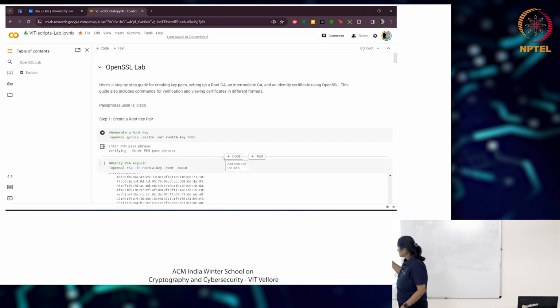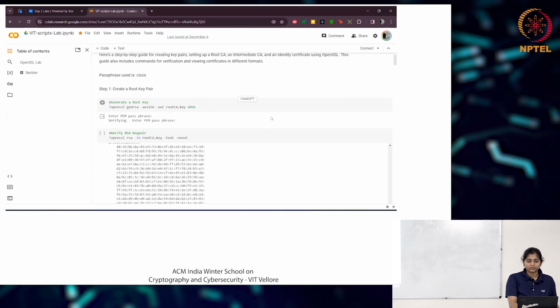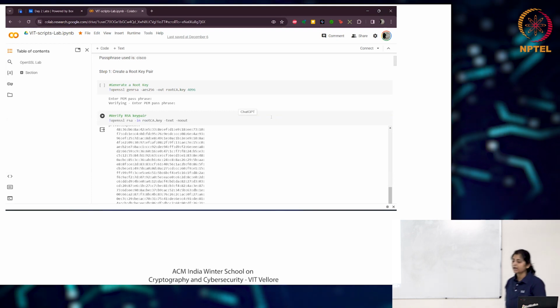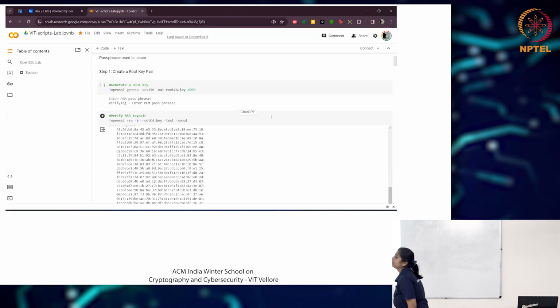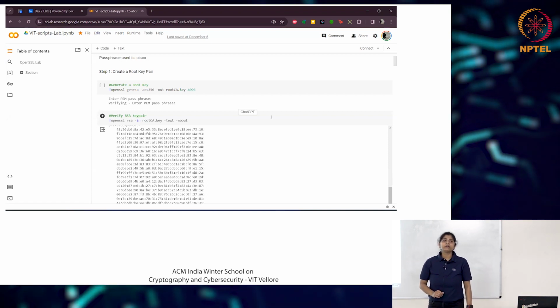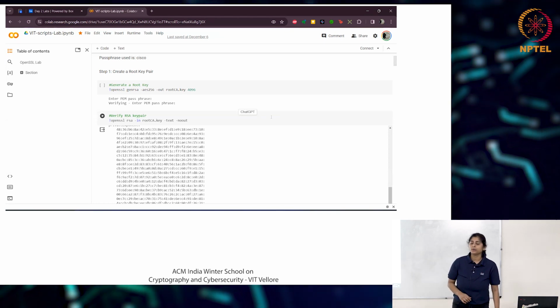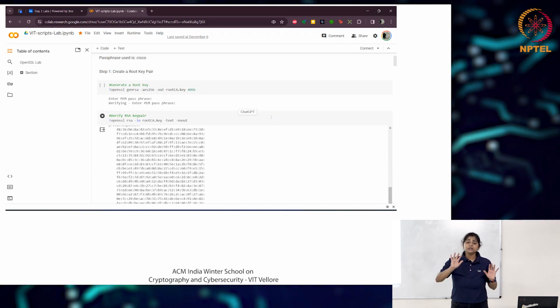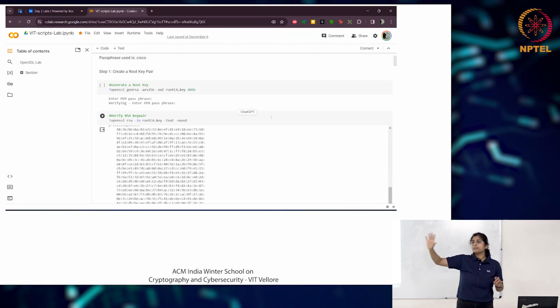So the first step here is, just let me know once you all are able to at least open these. You have to run the first command to connect to a runtime. So a dedicated CPU or GPU is given to you for that session, and then you can run those commands one by one. Or if you want to experiment, just try different bit sizes, different names of the keys. What I have given you is an example, okay.